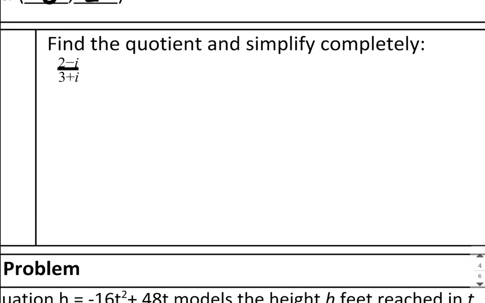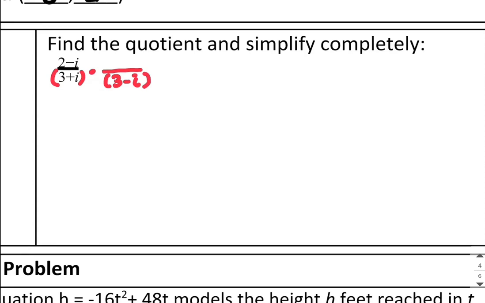If I was by itself, I could just multiply by I to make it I squared, which I know is -1, which is a real number. But in this case, I can't just multiply by I, because if I do that, I'm going to have 3I plus I squared, and the 3I is going to give me an issue. So what I actually have to multiply is by the conjugate of the base to get rid of that I in the bottom. So I would multiply by 3 minus I, because of the rules of the difference of two squares,